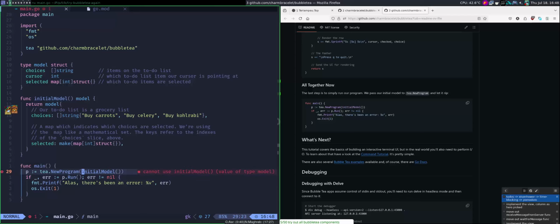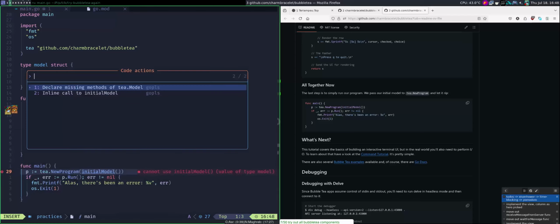So let me show you again. Space CA and declare missing methods. By the way, this is using the gopls LSP, so this should work if you're using VS Code, JetBrains, or any other IDE.